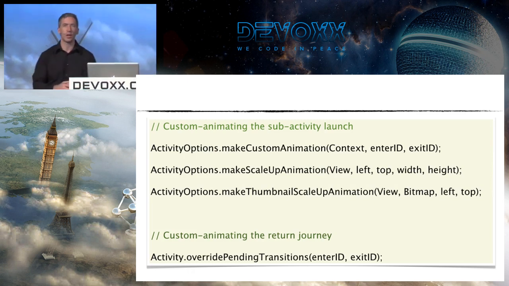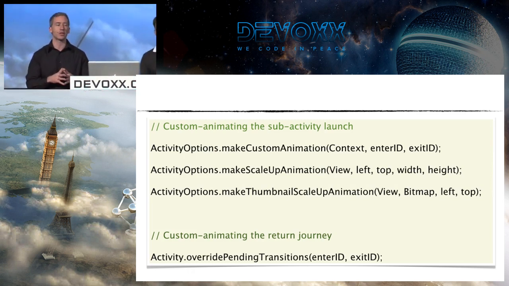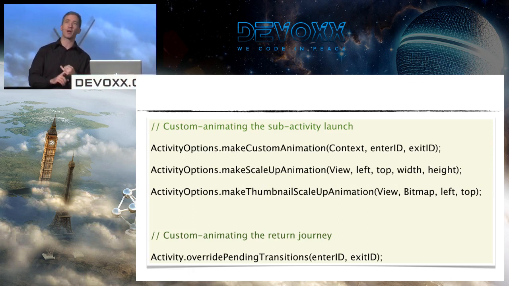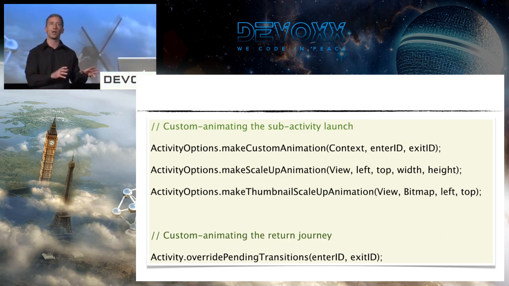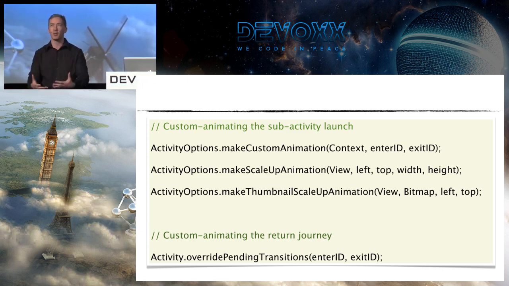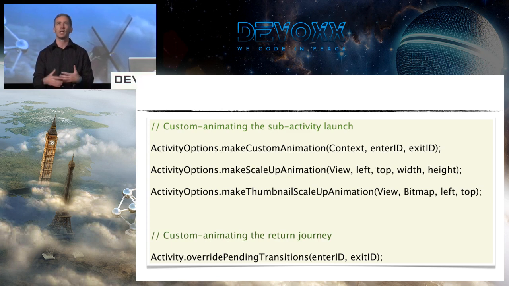some code. The new object as of 3.1 is ActivityOptions. There are actually three different ways you can declare animations here. There's makeCustomAnimation. You're basically declaring these resources. Now, one of the things that's important to note about window animations is they're only resource based. Before with view animations, we saw that you could declare animations on the fly in code and then launch those. That doesn't work with window animations. We need to be able to declare things in one process that are then executed in another, and we do that with resources, mostly,